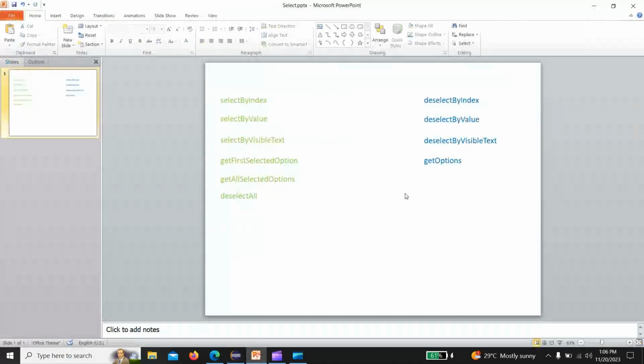Okay. So we have covered the methods marked in green color, and the blue ones, you can just take a look. They are all same like these. Yeah, that's all for